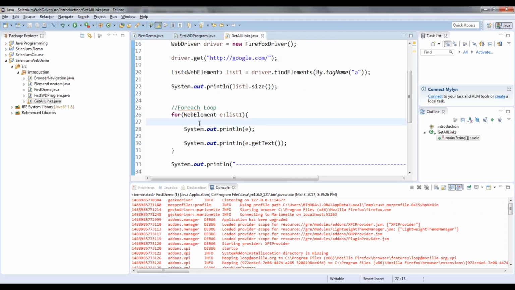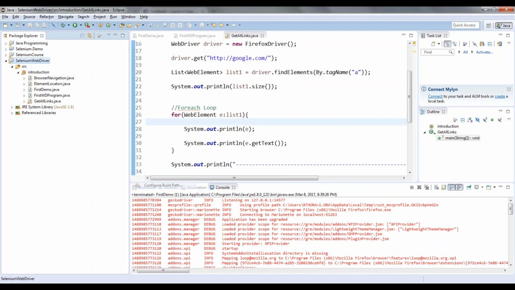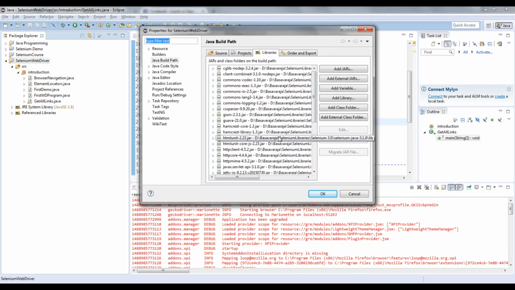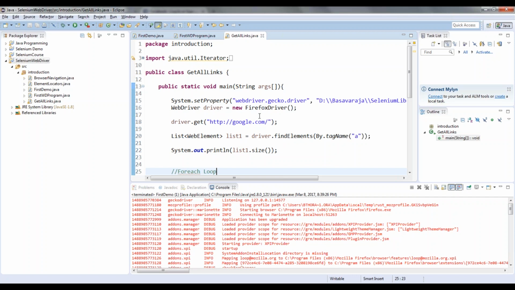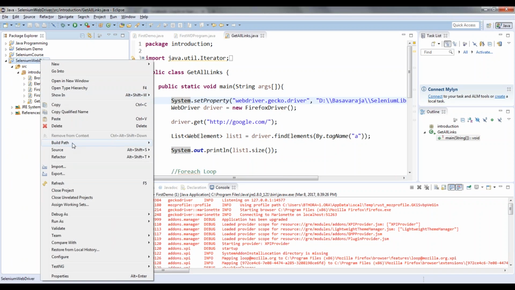Even if the browser is old or new, if you are importing 3.0 libraries, it is mandatory to write System.setProperty. It is 2 libraries only. For some versions, they specify a Firefox version, and after that it will not support, whatever libraries we import.